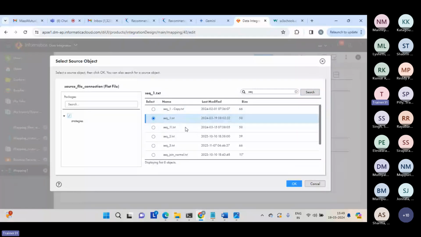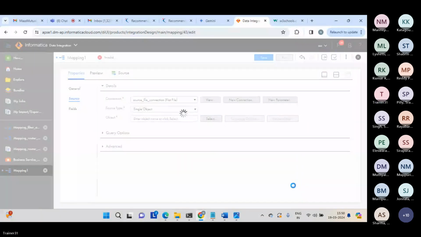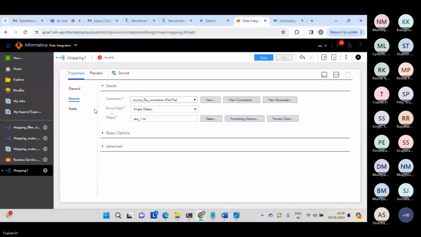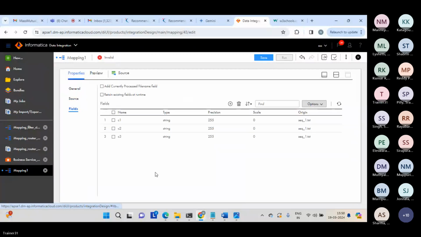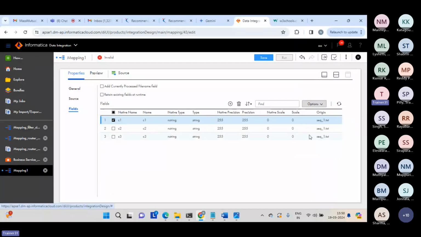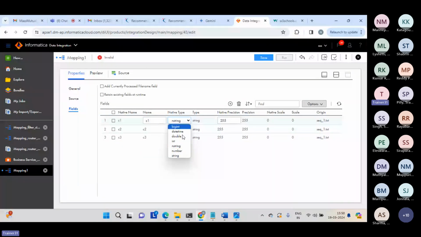Yeah. Now we can see seq1.txt and then say OK. So here you can see three fields, right? One of the fields we can use as a Celsius or Fahrenheit. Now we can change the type from string to integer or any numeric type, because we are going to perform numeric operations, right? So in this, let's say we are using integer